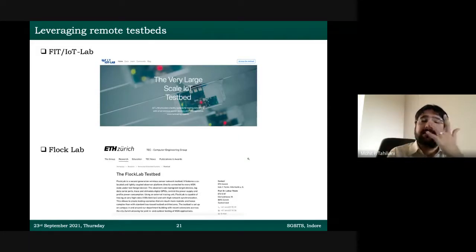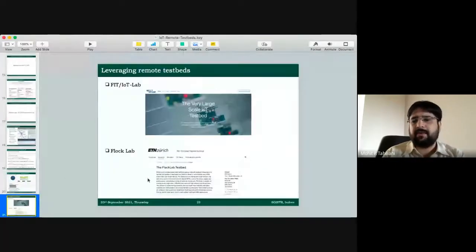Finally, remote testbeds is something that I would recommend. Vishal already was giving you a walkthrough of FitIoT. We don't have too much time in 2 hours. There's very limited thing that me and Vishal can do. So maybe we'll be happy to talk to you if you are interested in these things and want to know more. There's another one which is called FlockLab, which is in Switzerland, and it's from ETH Zurich. It's maintained by them. Again, that's a wonderful lab that my students have explored. But we found FitIoT Lab to be more user-friendly and easier, and more support is available from their staff. So we tend to more frequently use FitIoT Lab. So I will stop my presentation here and would be happy to talk to the participants and know if there are any questions from their side.